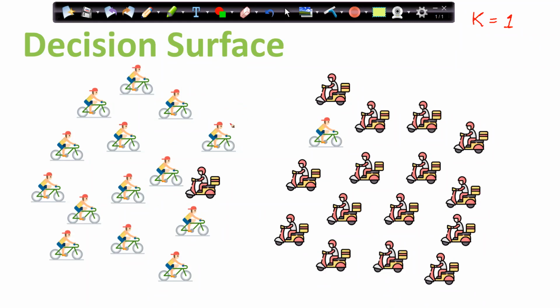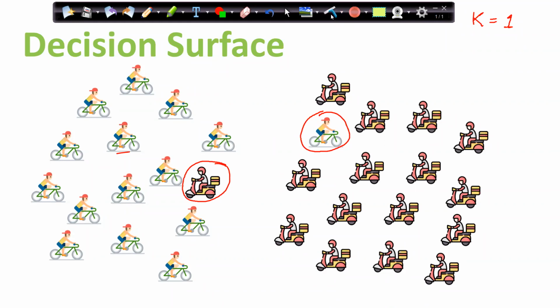In this data set, I can clearly see that this data point is falling in this criteria. Actually, he is going to the office by bicycle only, but it is falling somewhere in the periphery, or I can say in the region where the scooters are more. Same way, this point is falling somewhere where the cycles are more, right? Rest all my data is pretty much fine.